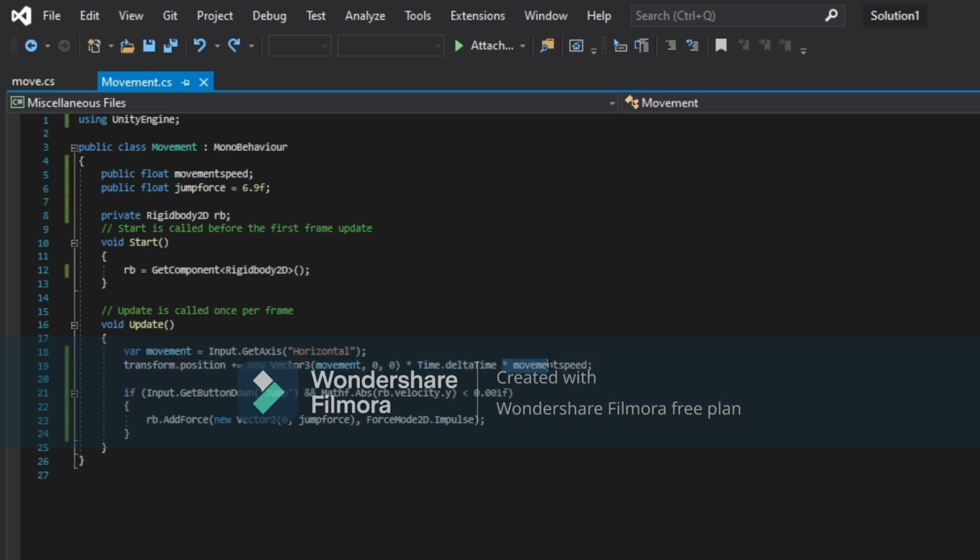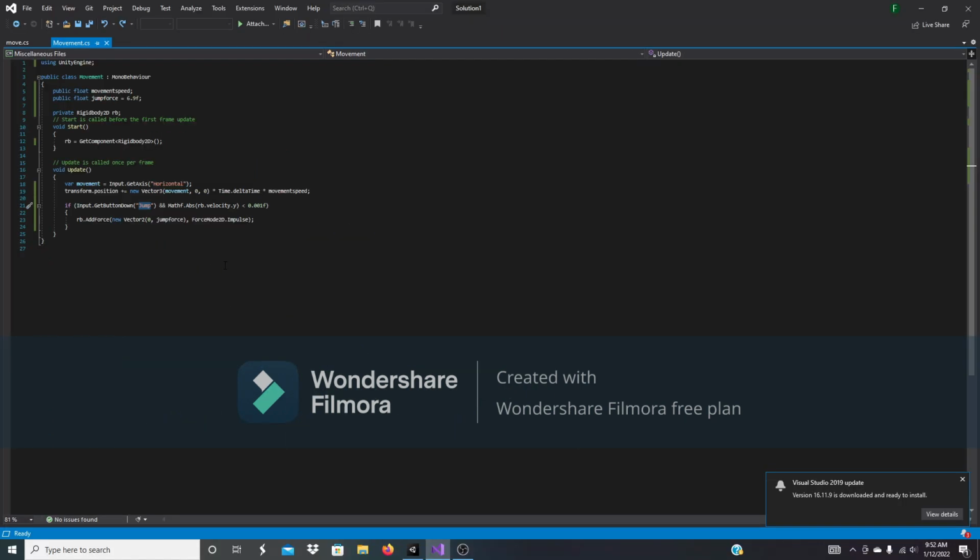And then I will also multiply that times movement speed, so you can actually have control of what speed your character is going at. So that's that. And of course, right here, this is the jump function, a whole jump function right here. Now, this is basically saying if Input.GetButtonDown, Unity's way of saying if the button is pressed down, if input down button jump. Now, jump isn't a button on the keyboard, but it is